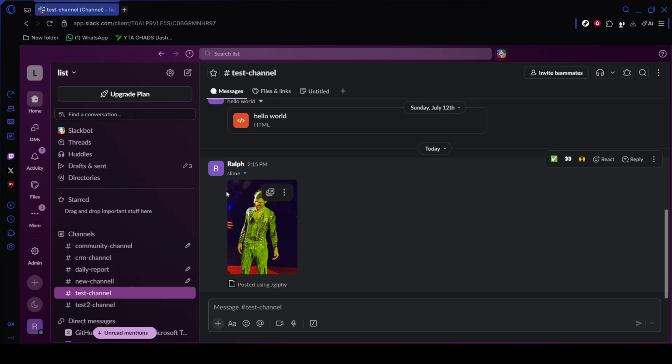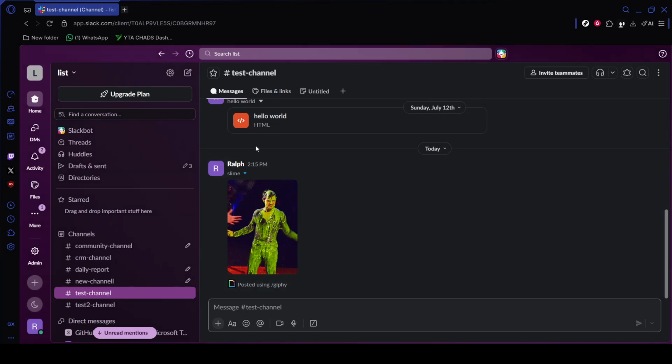In today's video, I'm going to teach you how to use GitHub Actions to automate tests and Slack notifications. This setup is a practical way to get fast feedback whenever code is pushed or a pull request is opened. GitHub Actions can automatically run your test suite, and Slack can immediately receive a message showing whether the pipeline passed